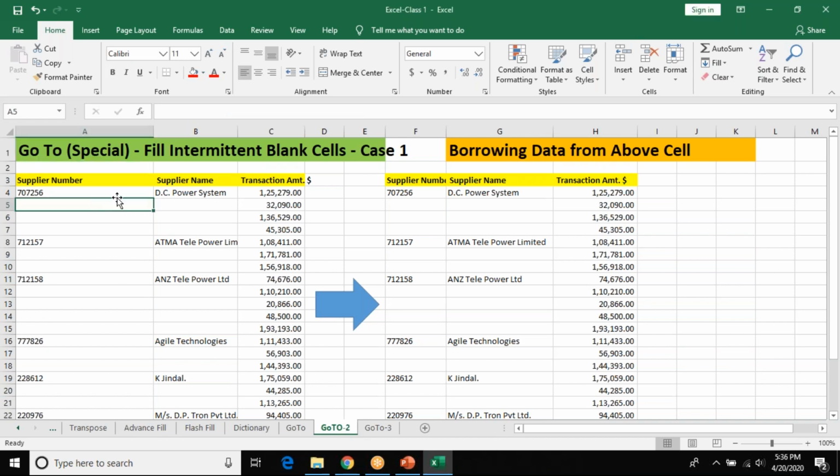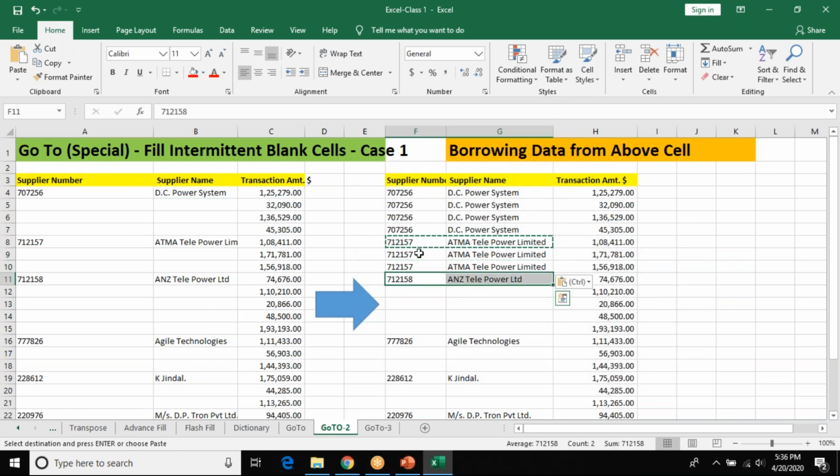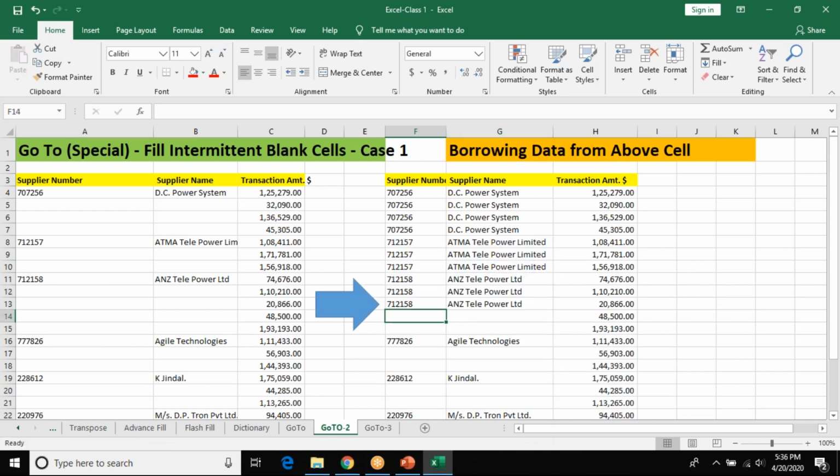Fill the blanks means I want the data like this. Now I want these blank cells same as this number and this number.